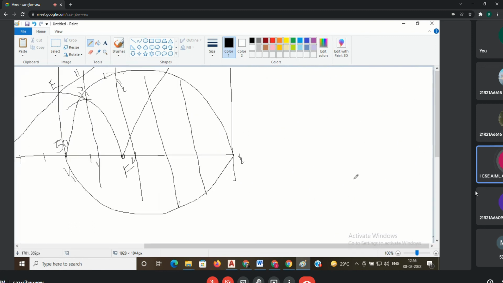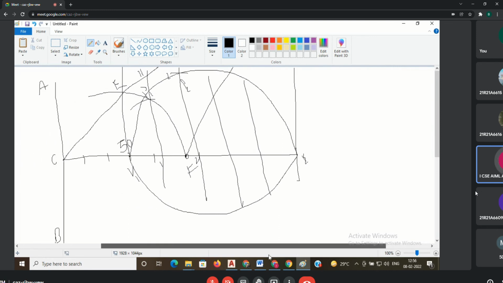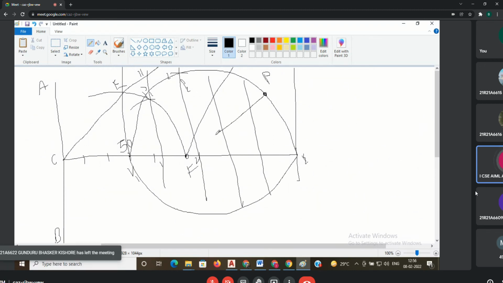Then after this, suppose tangent and normal. You got one point on the curve based on the given value. Suppose 35 mm from the baseline. From here, 35. You got this point. After this, you have to join this PF. For PF, you have to draw one perpendicular line, 90 degrees to this PF.